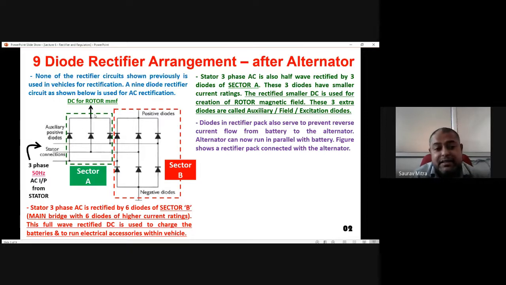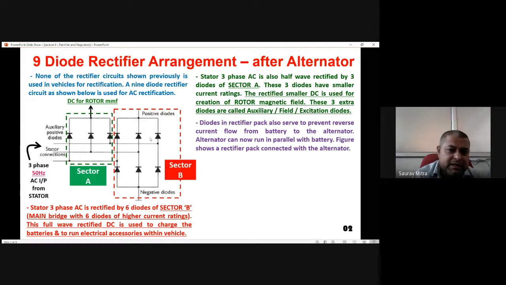Okay, and this supply is connected to the rotor coil by means of a slip ring and brush, because the rotor is a rotating part and this is a static connection. So when a static connection is given to a rotary part, it is given by means of a slip ring brush arrangement. Okay, so that we have to understand. Now the diodes in the rectifier pack, that is this part as well as this part, both are rectifiers, and also serve to prevent the reverse